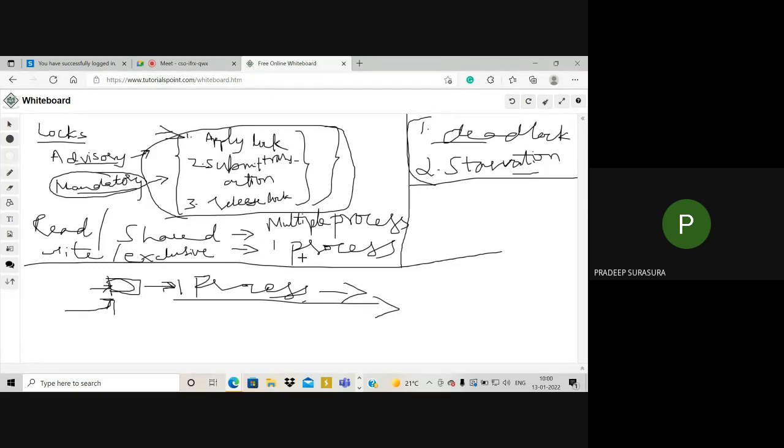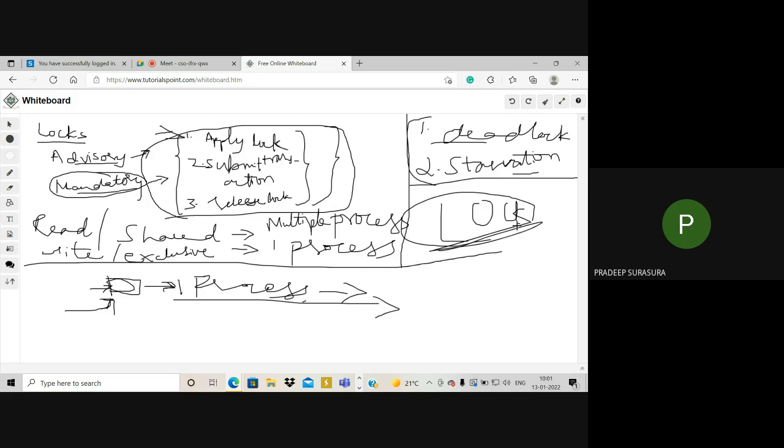Now, when you know how these transactions work with respect to these concepts, everywhere we use the concept of lock. Locks are so important that before you access anything, you want to apply locks. Without the help of locks, it would have been impossible for us to take care of transactions. With the help of locks only, today we are able to do all the transactions successfully without any issues.